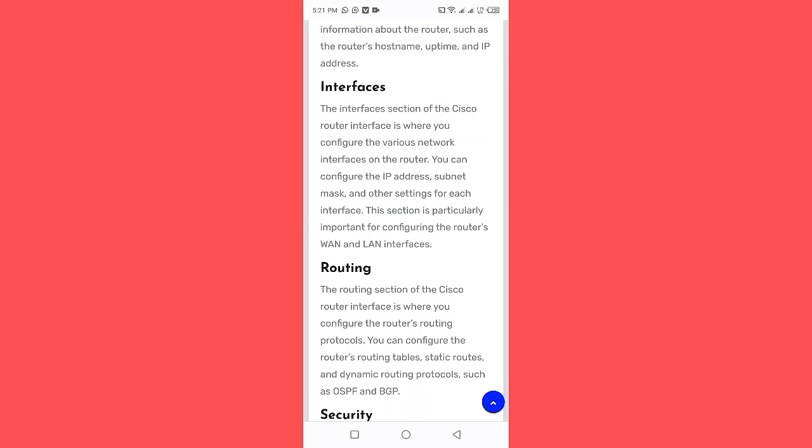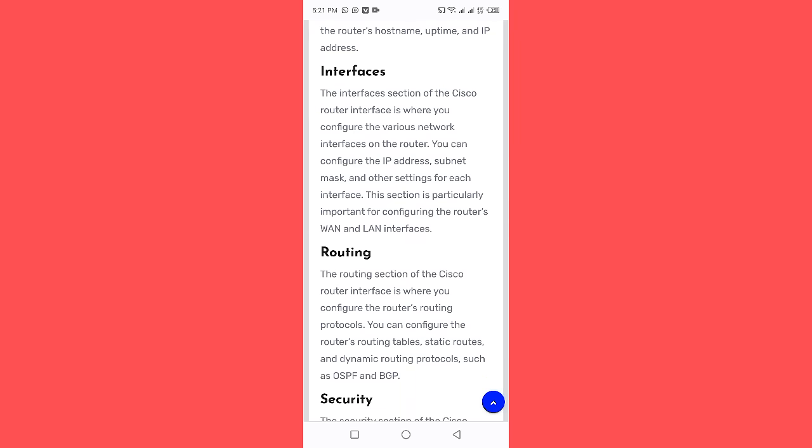Interfaces. The interfaces section of the Cisco router interface is where you configure the various network interfaces on the router. You can configure the IP address, subnet mask, and other settings for each interface. This section is particularly important for configuring the router's WAN and LAN